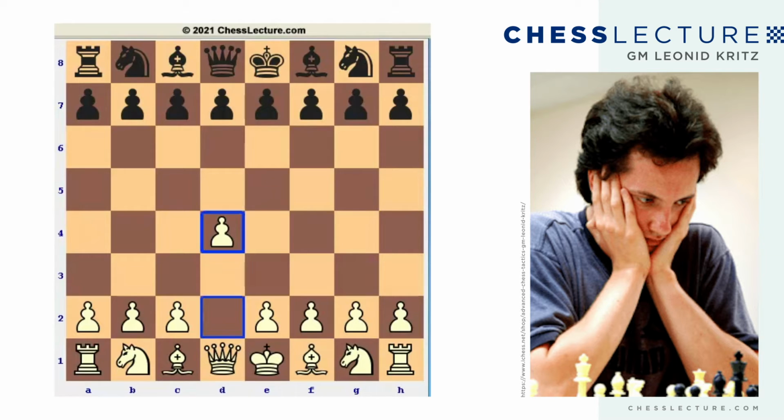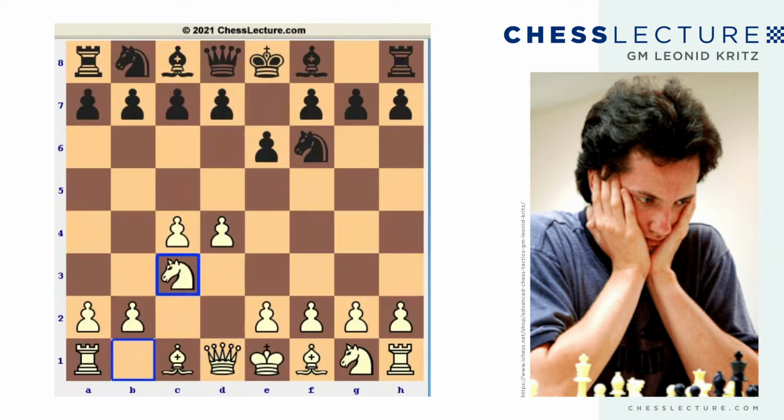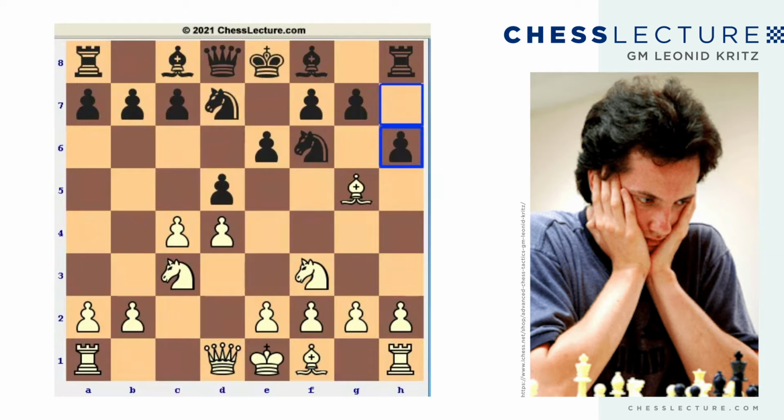So let's move on. d4, knight f6, c4, e6, knight c3, d5, knight f3, knight bd7, one of the popular continuations. Today bishop g5, h6, bishop h4, bishop e7, and